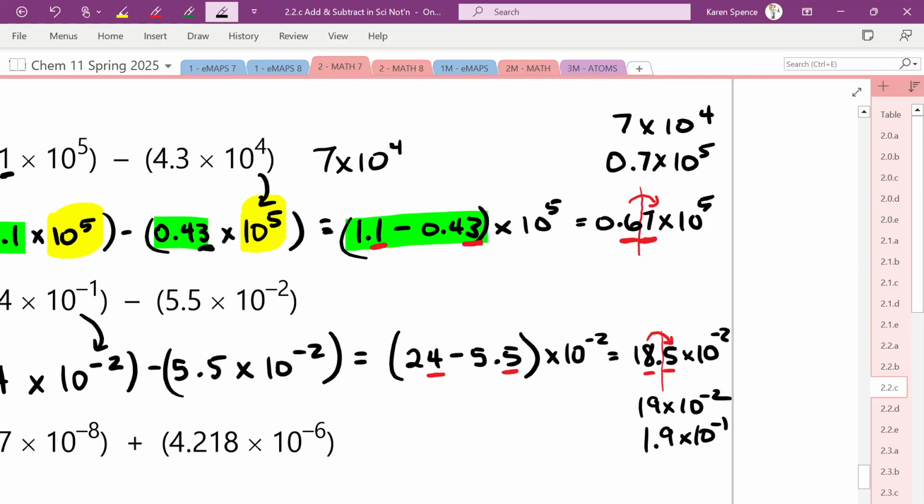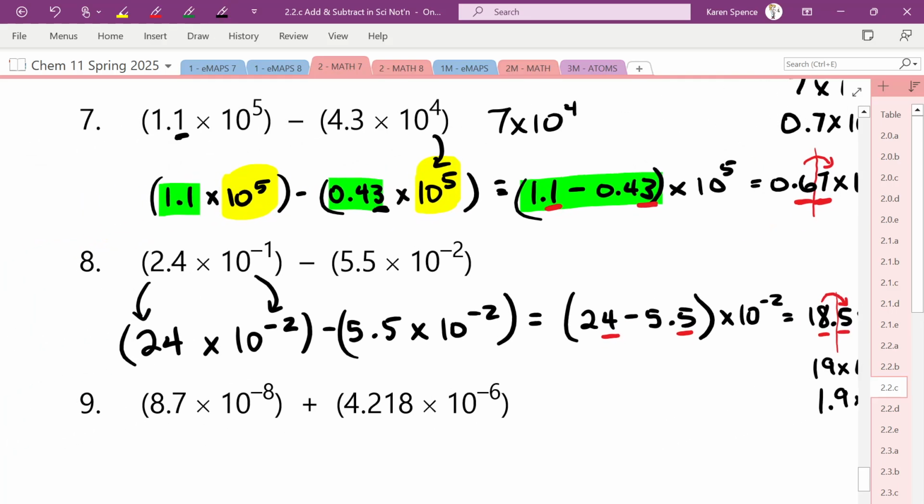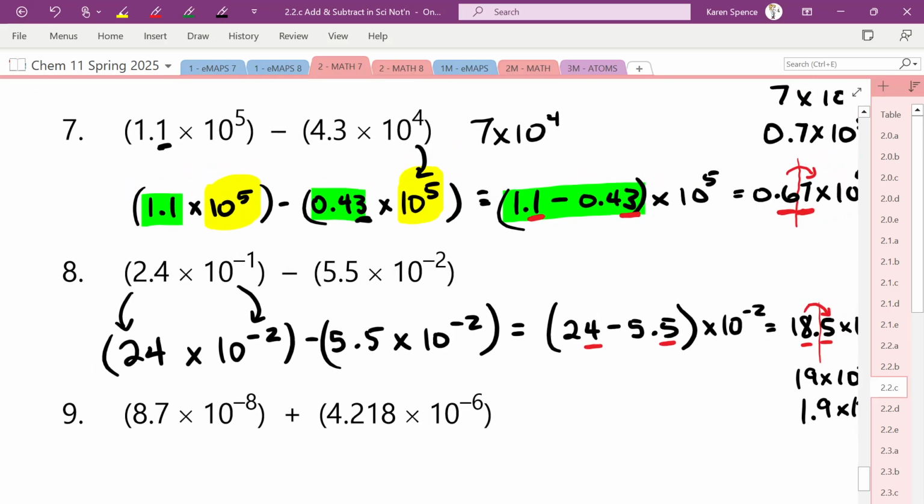You should get 1.9 times 10 to the negative 1. Did you get 1.9 times 10 to the negative 1? If not, I went to the power of negative 2 this time. So I changed both of them so they were 10 to the negative 2. You could do it to 10 to the negative 1. It doesn't matter. That means we now have 24 minus 5.5